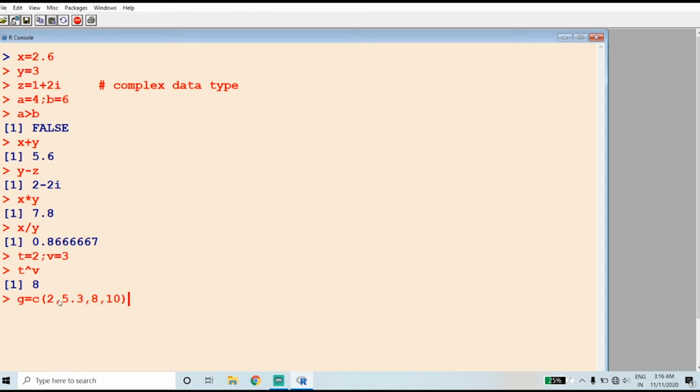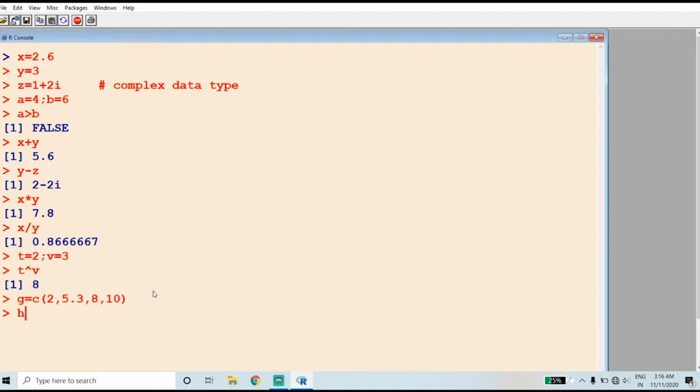I can close the bracket. If I have such a series or data set, I can make use of the combine function. Combine function is denoted by c. This is an example for the combine function.